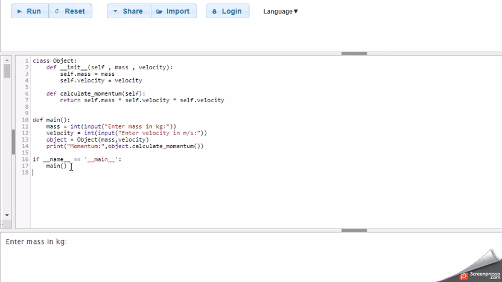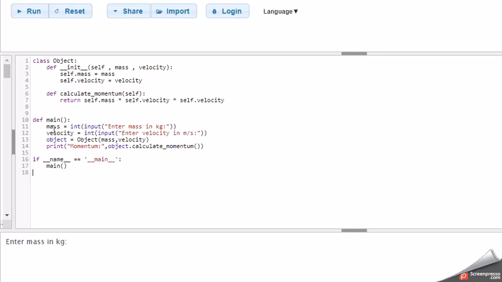Thus, it can be used to check whether the current script is being run on its own or being imported somewhere else, by combining it with an if statement. So this is basically used to run the main part of the program, and this special variable has been provided in Python itself.